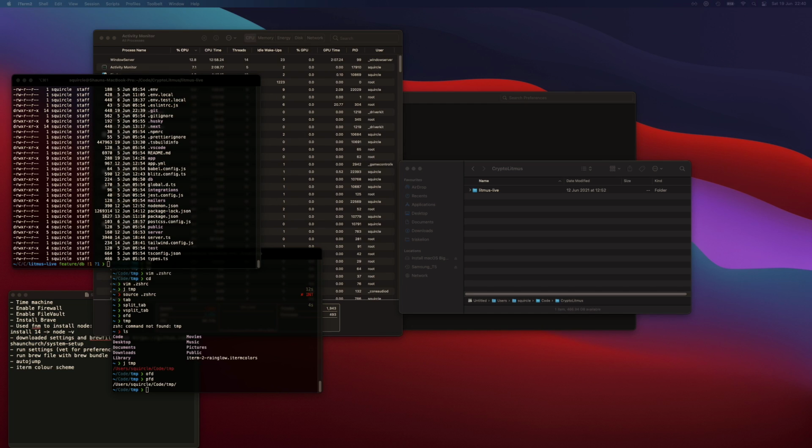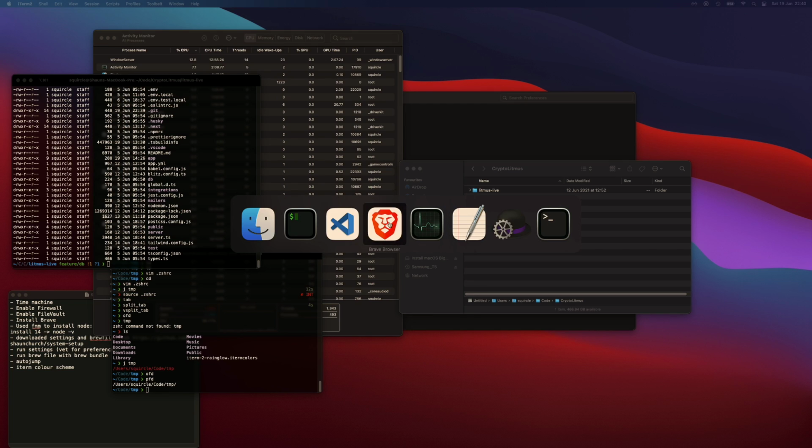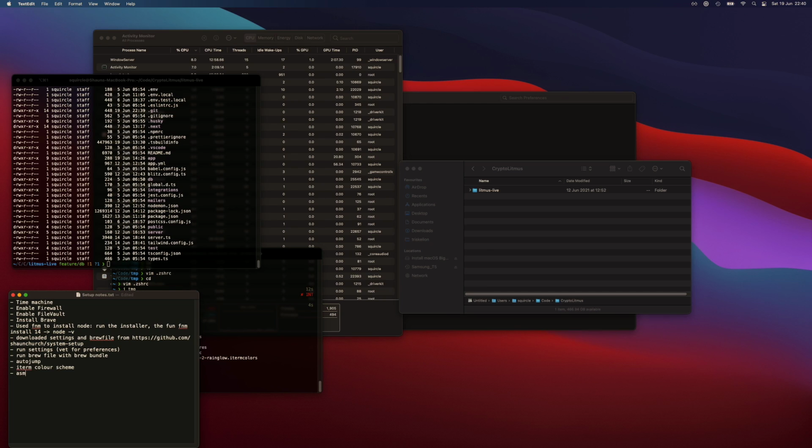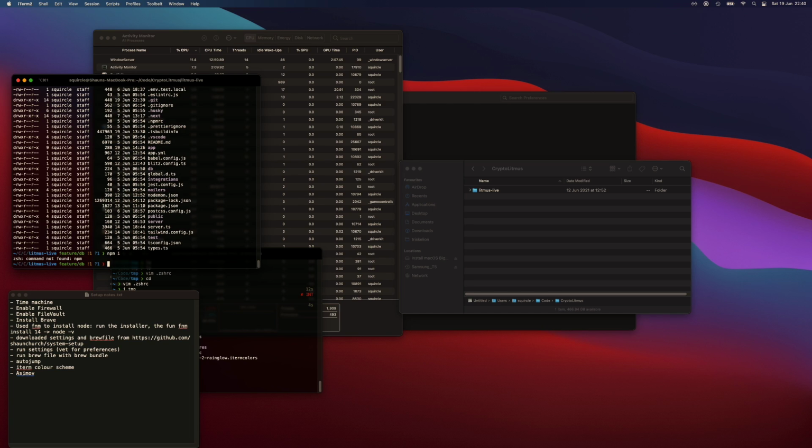No. Oh, that's amazing. So I use a tool called, I should put this in the notes before I forget, a tool called Asimov that basically sweeps the file system for node modules directories and adds them to